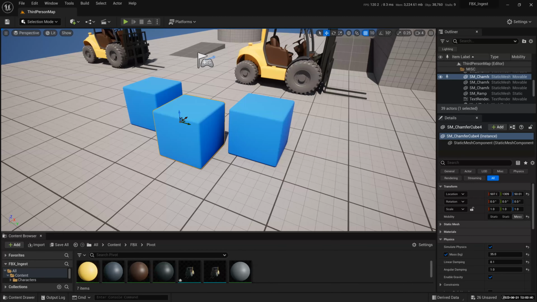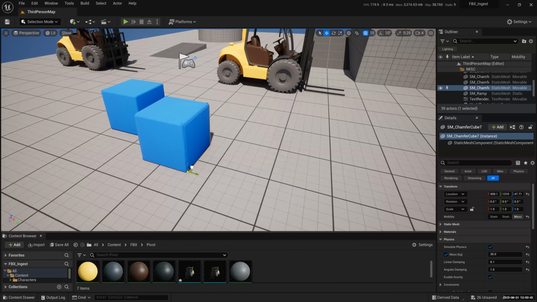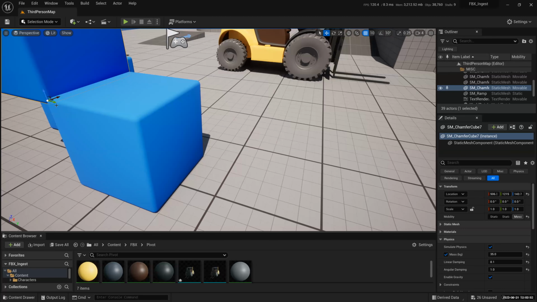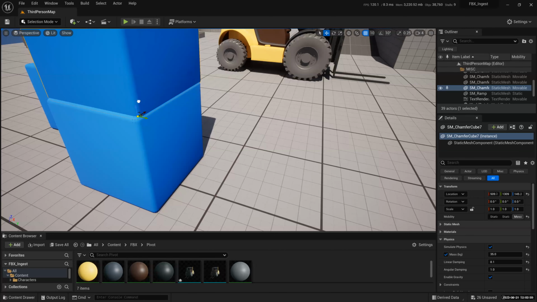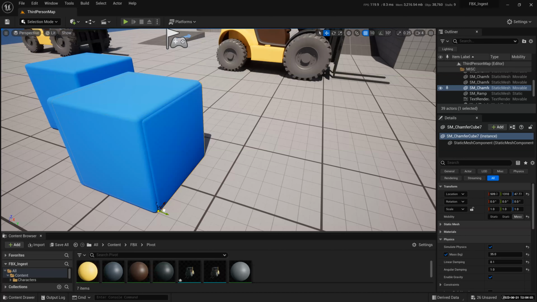I'm holding on the V key and it actually snaps to the edges here, wherever I want. I think it's getting better in these versions of Unreal Engine. If you notice, if you hit the V key and I move that, you can see these vertices popping up. You can actually attach to these vertices. The small little dots, not sure whether you guys can see in the screen. There are small little dots there, and it's trying to snap to those dots.